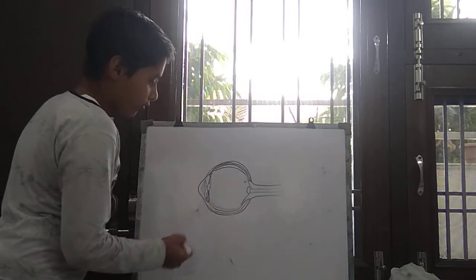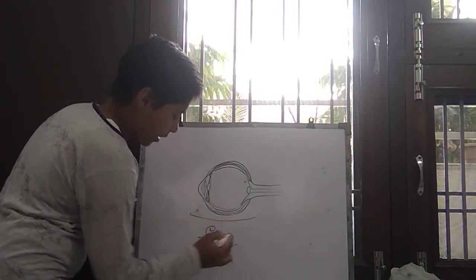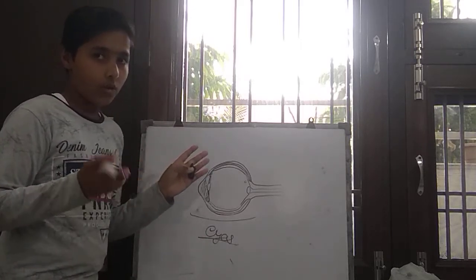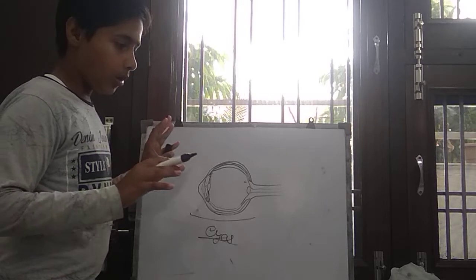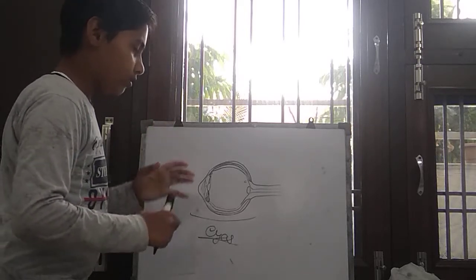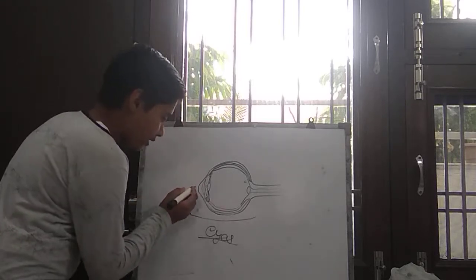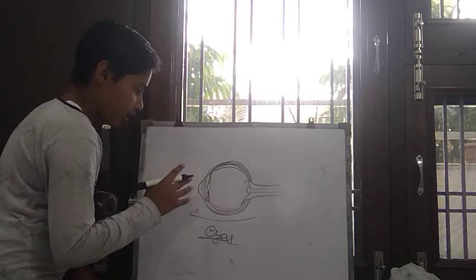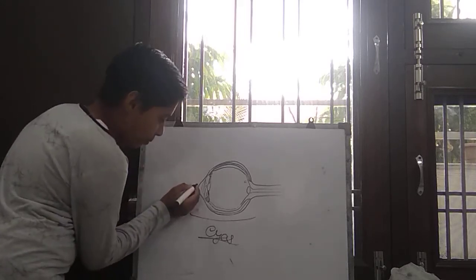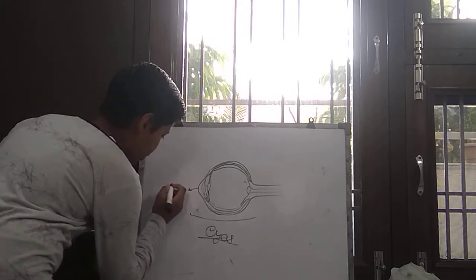It is the structure of our eye, the human eye. And friends, it looks very complicated to see. Not to learn, it looks very complicated, but in actual it is very simple. You can learn it by only watching this video. So friends, in the beginning we are studying the eye structure from the cornea. This part of the eye, the outer part of the eye, is known as the cornea.